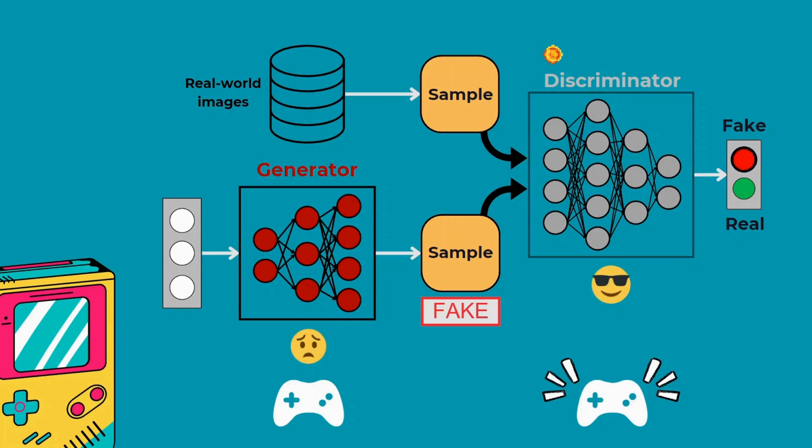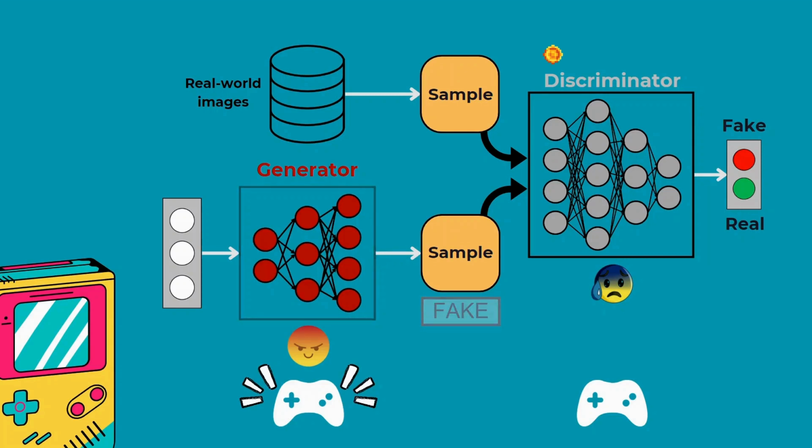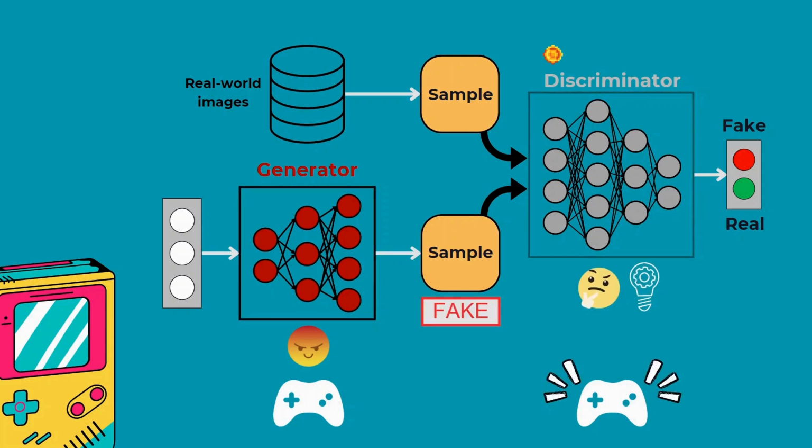One point to the discriminator. The next turn is of the generator. Now the generator tries to update its weights such that it could produce a better fake image for the discriminator. The discriminator gets worried. When its turn comes, the discriminator tries to think much more on the samples and tries to update its weights, which is not that easy now. Based on some thinking, the discriminator decides that the sample is a fake image, and again a point to the discriminator. Now this game goes on and the discriminator gets points again and again until a point comes when the generator